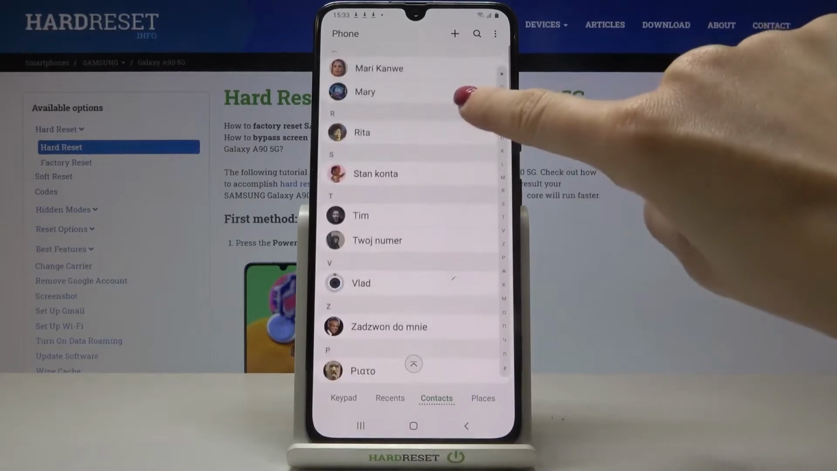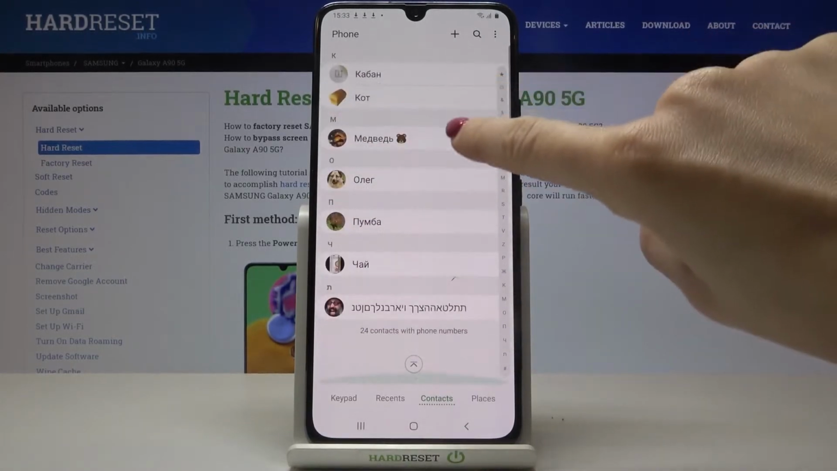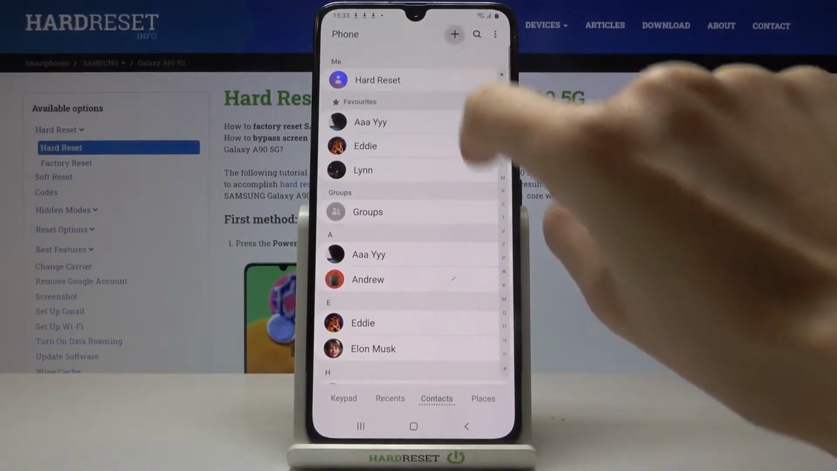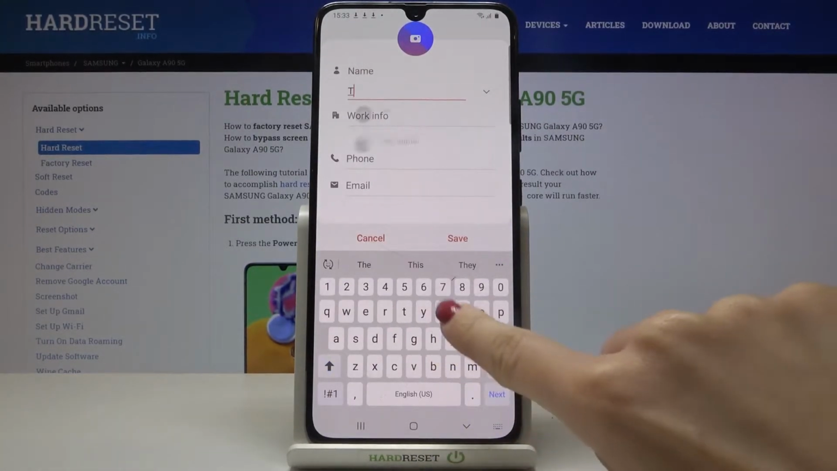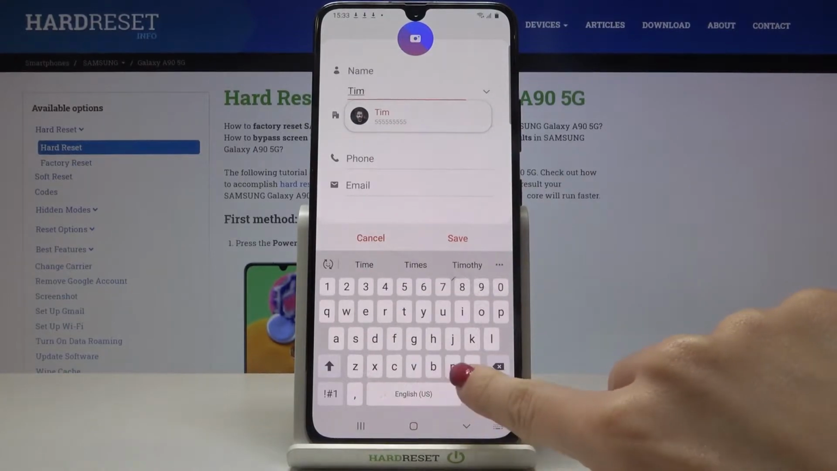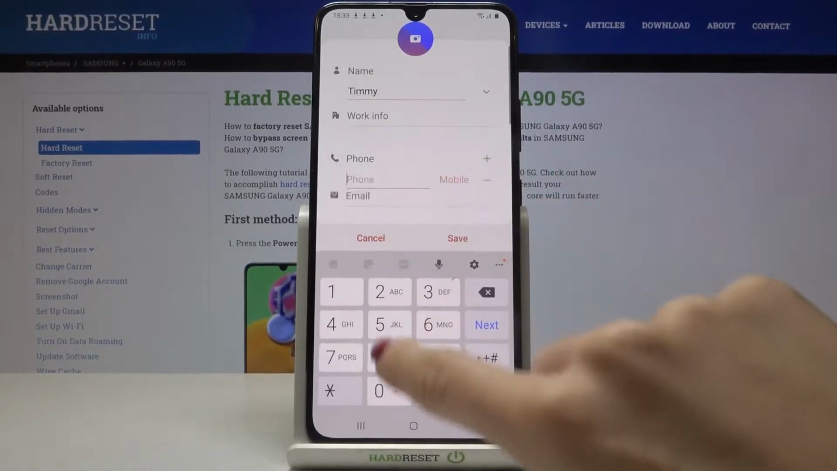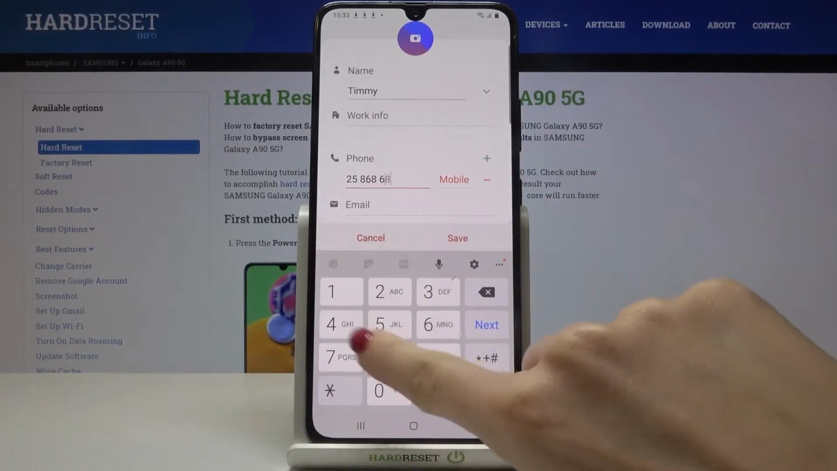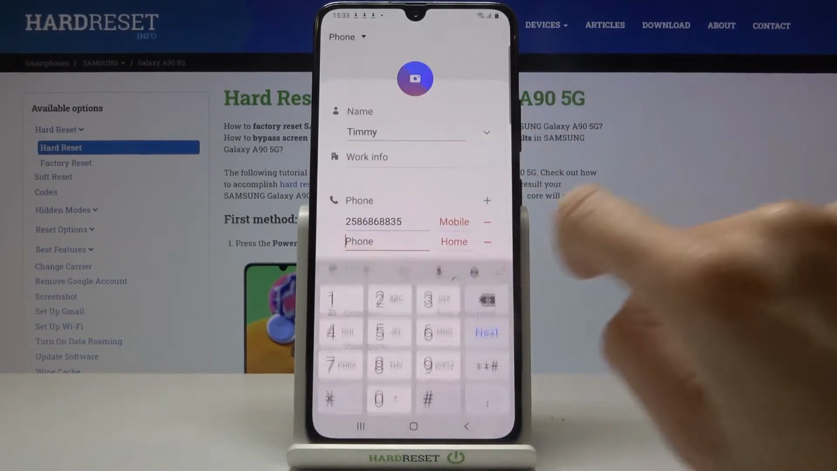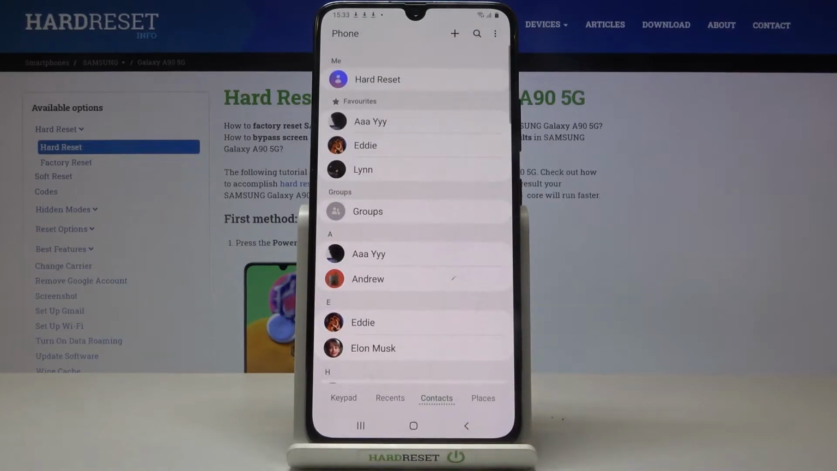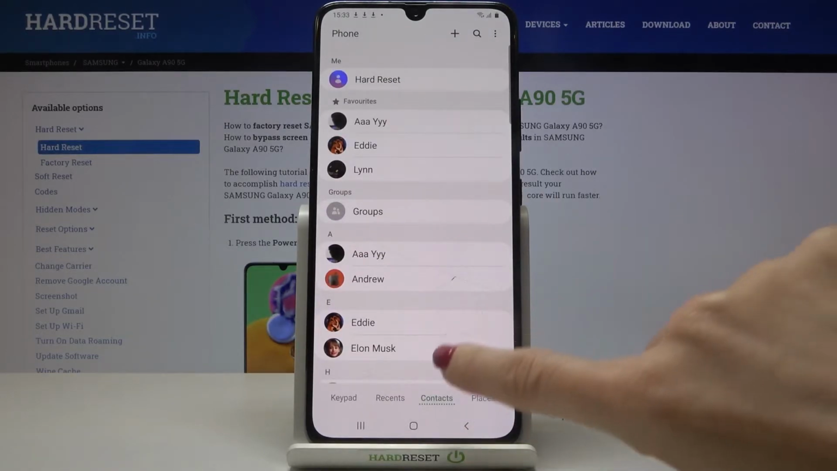let me pick some contact without a picture, and if we don't have one yet, okay, so we'll create some contact, and it can be Tim or Timmy, so we don't have two teams. Let me add this phone number, tap on plus. Okay, so let me save this contact,